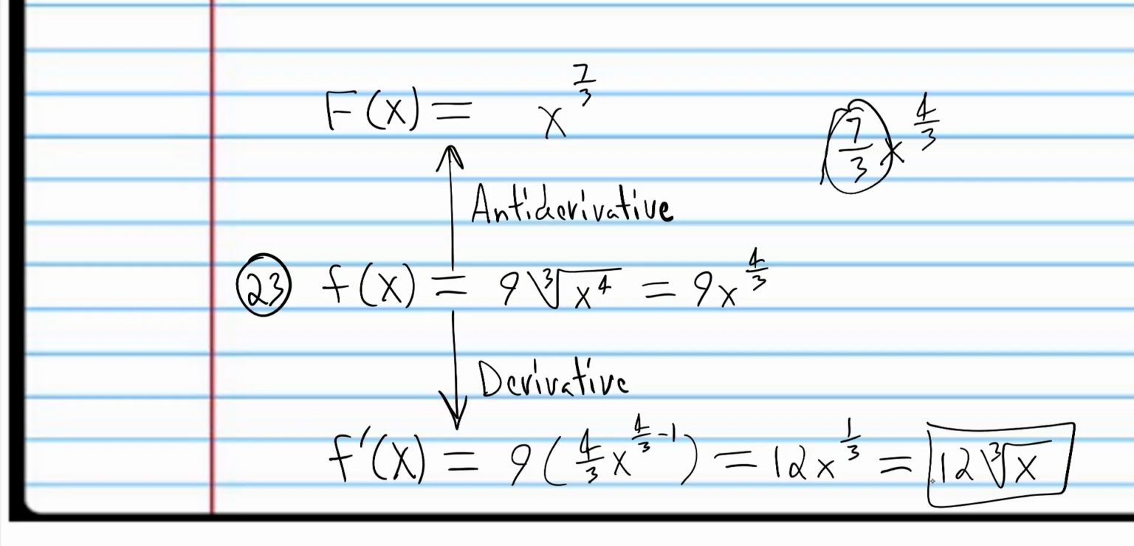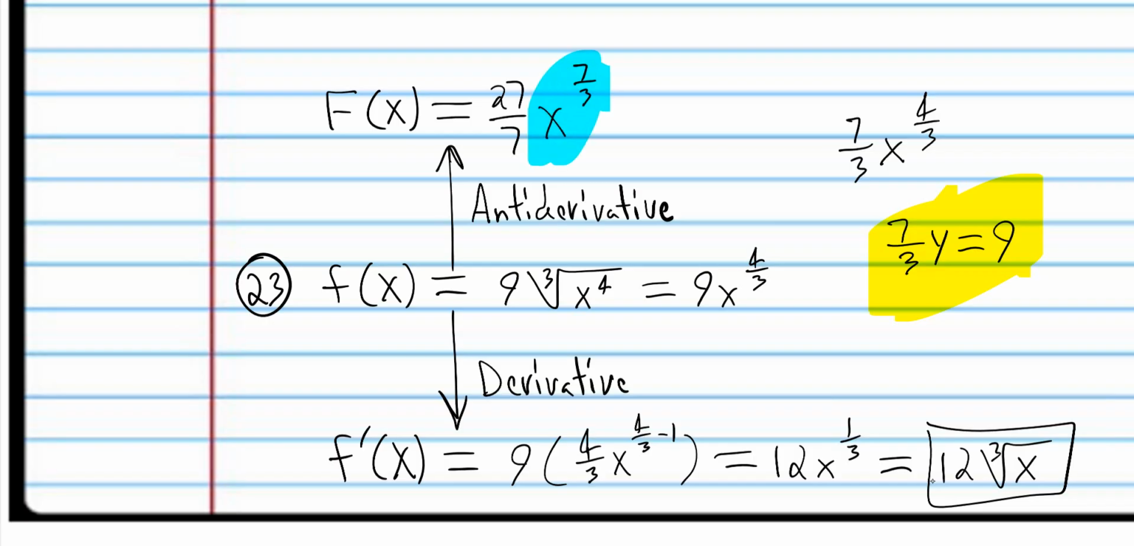but we don't want 7/3, we want 9. So what can we multiply 7/3 by such that we get 9? And the answer is going to be 27 over 7. All you have to do is just solve this equation and you find the answer. We're modifying this expression up here by adding the 27 over 7. That way when we find the derivative, we're going to get